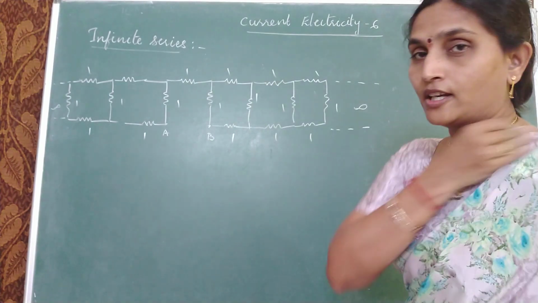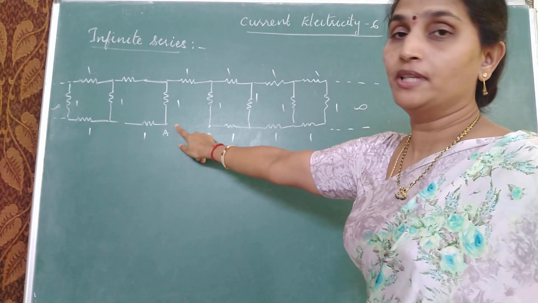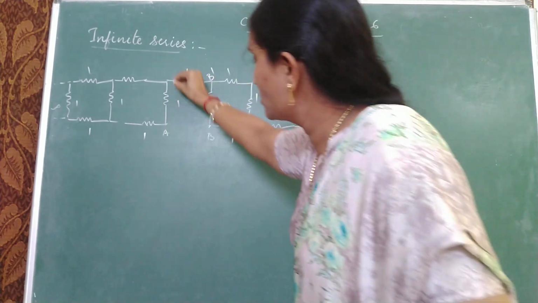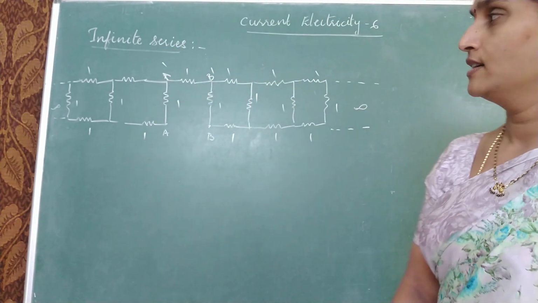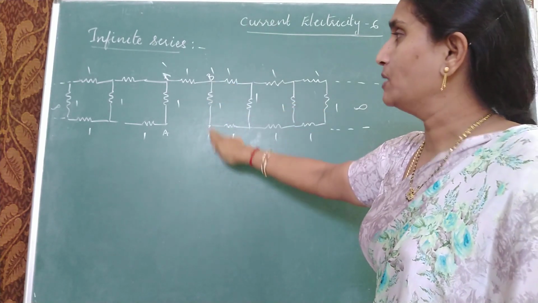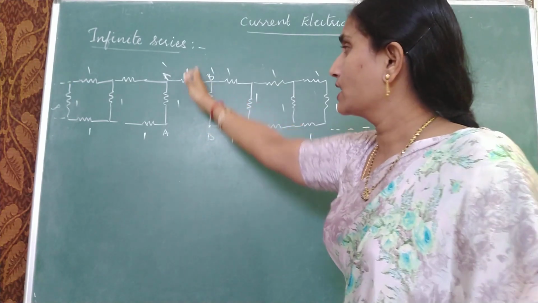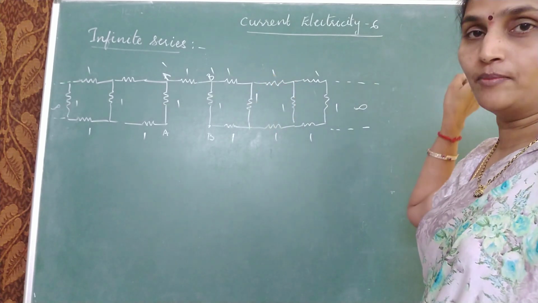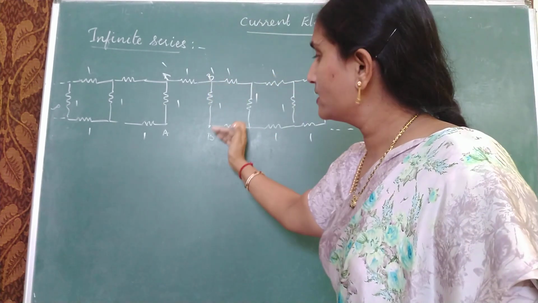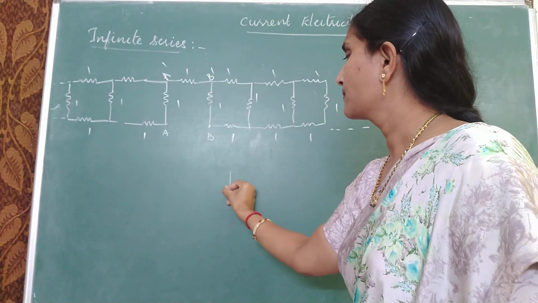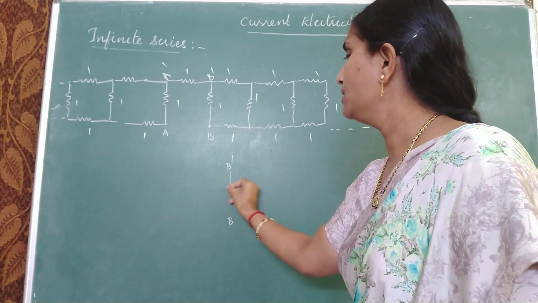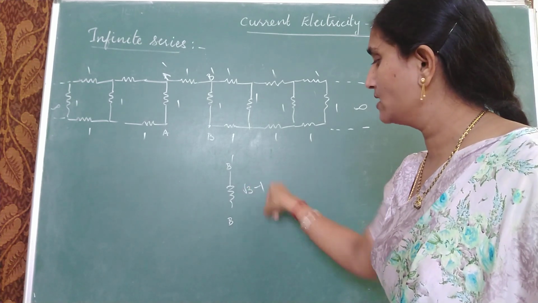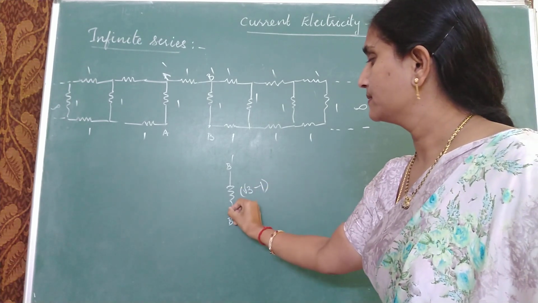Observe the circuit carefully again. These are the two terminals across which you have to calculate the equivalent resistance. I will name this as B dash and A dash. Can you find out equivalent resistance between B and B dash separately? If I cut the circuit till here and take this portion, 1, 1 and 1, 1, 1 and 1, all this is a repeating branch. Just now we have got the answer. So what is the equivalent resistance between B and B dash? It is nothing but the infinite series we have solved just now. We get the answer as root 3 minus 1. So make it root 3 minus 1.